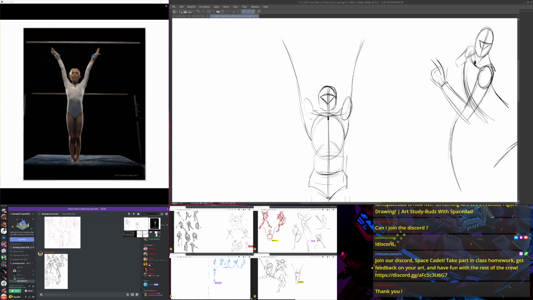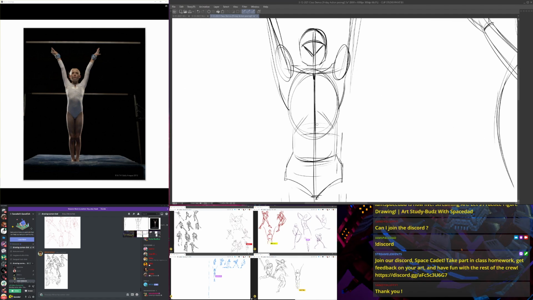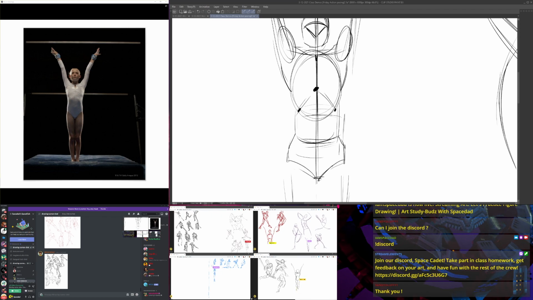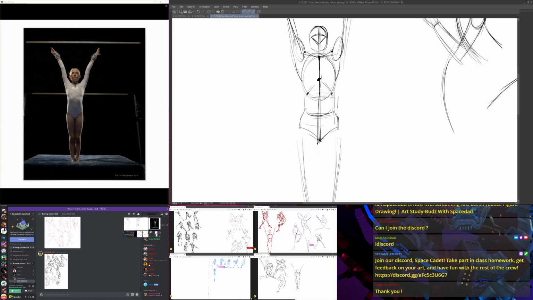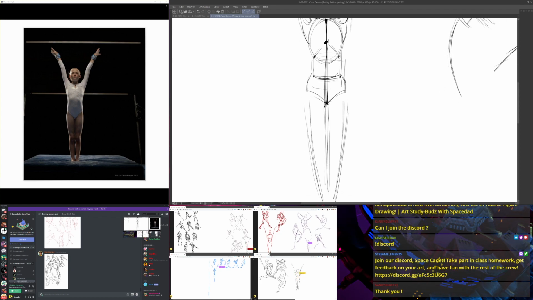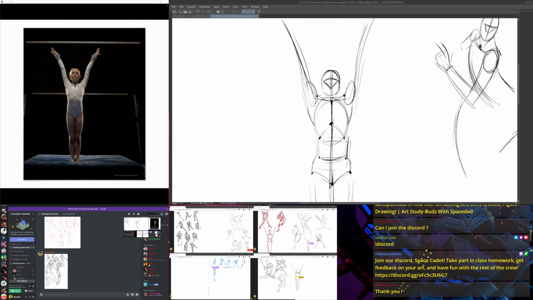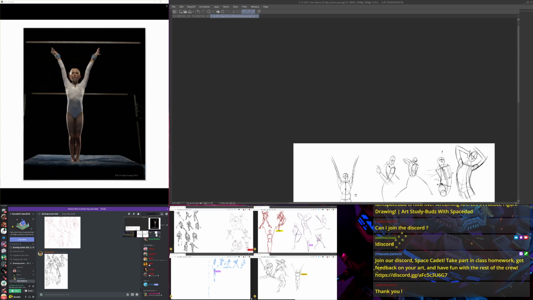Let's see here, get some simple shapes in there for the shoulders. Let's get some anatomical landmark dots in there. The bottom of the rib cage, the bottom of the sternum, clavicle, tops of the shoulders, somewhere there. This is just a quick sketch study, so it's not gonna be anything terribly perfect. Just want to get the basic idea of the figure down in the time that you have.